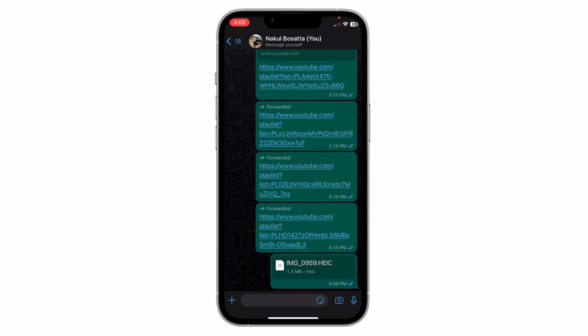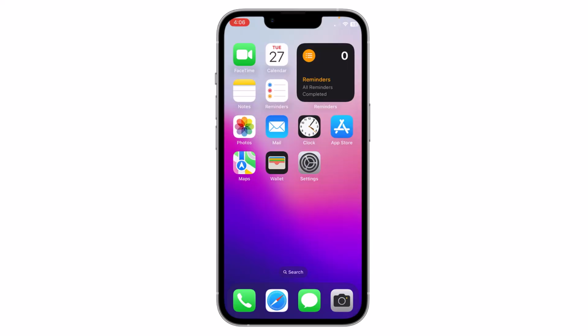Now your image is shared as a document without losing its quality. You can do this same process with a video, and this is how you can share any image or photo